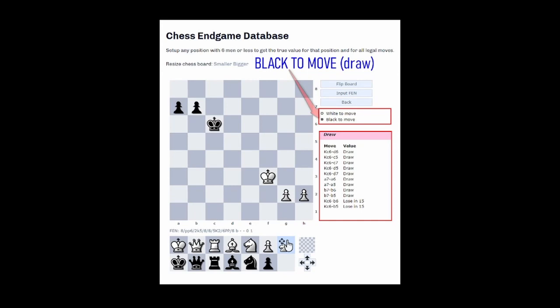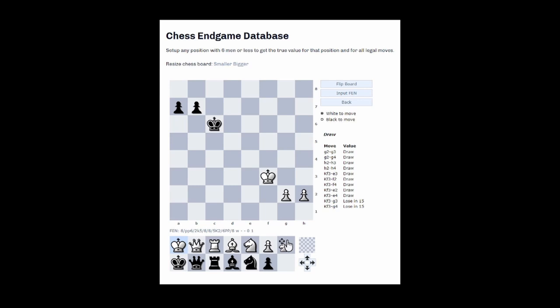And now I'll just show you some simple examples of how we can play it out with this one. Now, as you can see, at this moment,